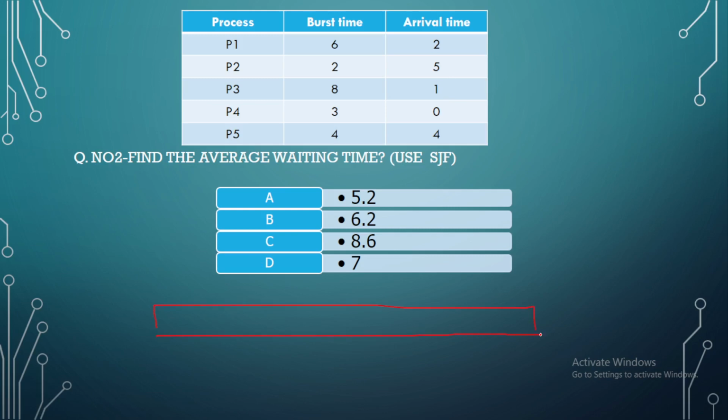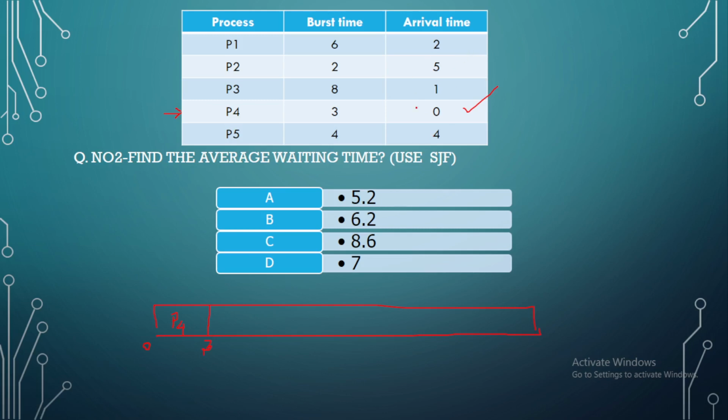I'm going to build a Gantt chart first. So we start with 0 here. The first process to arrive is P4 with an execution time of 3. It will be given the CPU because it arrives first. Since this is a non-preemptive scheduling algorithm, P4 won't leave the CPU until it is completed. At the time of 3,